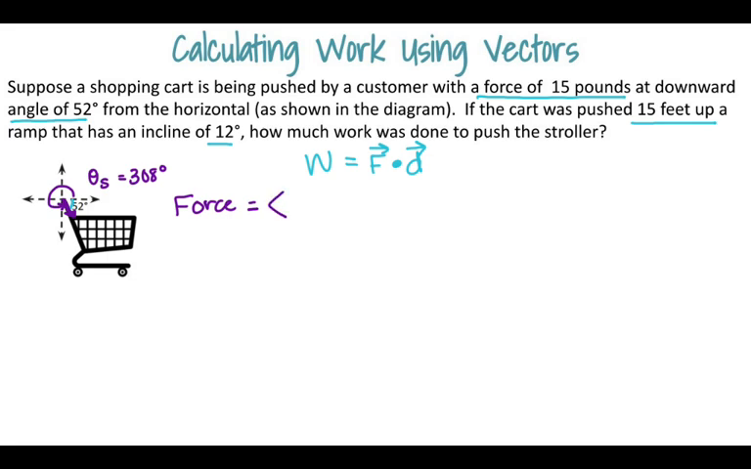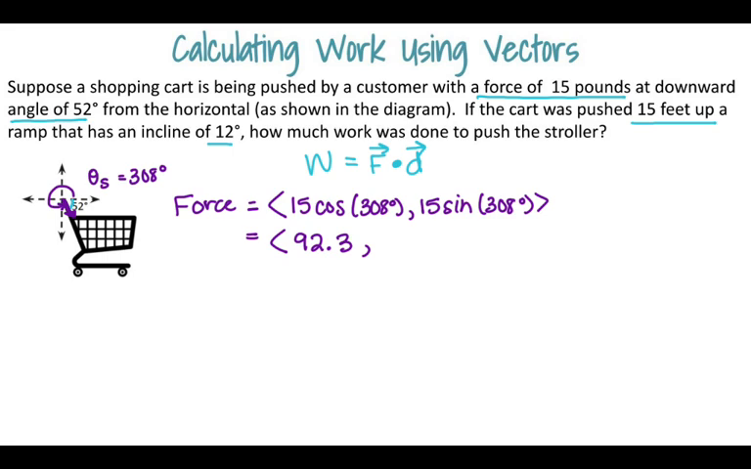So the force has a magnitude of 15 pounds. To change this to a vector, I'm going to take 15 cosine of my angle from standard position, which was 308 degrees, and 15 sine of my angle from standard position, and that's going to give me my two components for the force. So I'm going to go ahead and calculate that. Double check to make sure your calculator is in degree mode. That way it is giving you the correct values. So my force vector has a horizontal component of